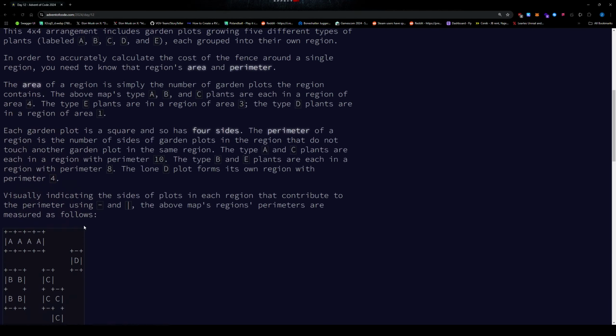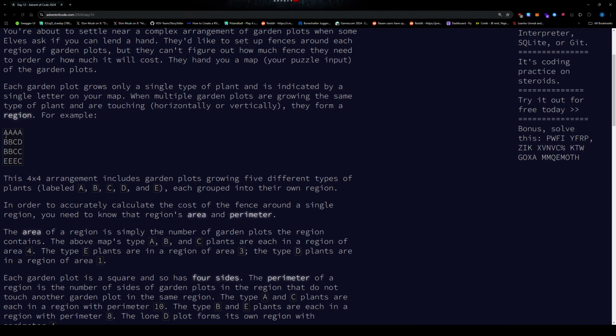So my idea is basically pretty simple. You find this with, I guess, recursion or something. You find the sizes of each region. You save it into a map, I guess. Maybe, yeah, a map looks fine, and that's for the area. Now for the perimeter, so the border, I guess you just go